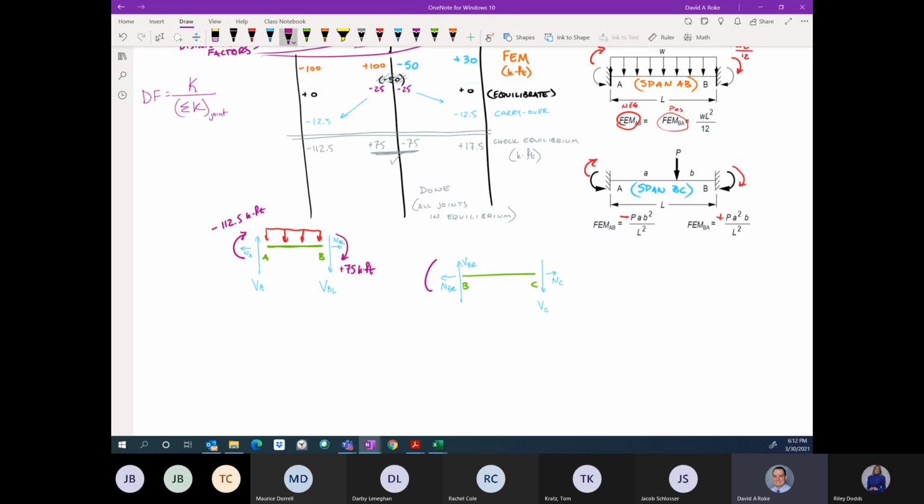And our moments here are negative 75 kip-feet on the left end and positive 17.5 kip-feet on the right end. And I've got my concentrated force, wherever that was. And now, if we wanted to start actually solving reactions, which is extra time, this is a lot of time that you would have to spend on a single problem,